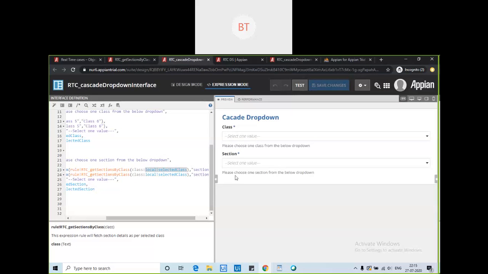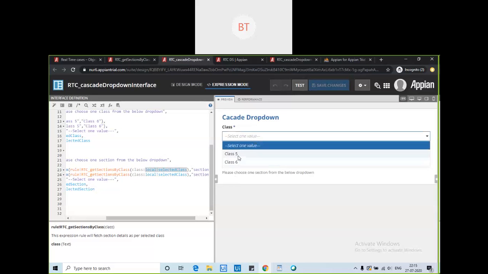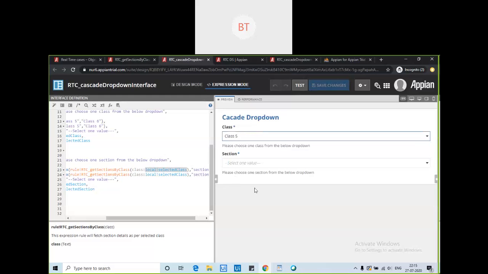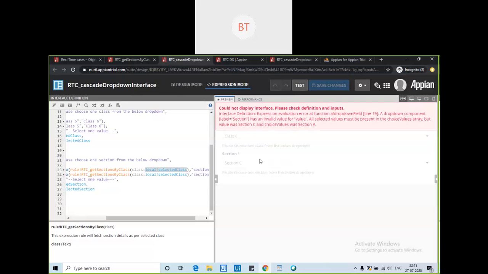Now the next issue, of the same type. If here I choose class 5 and section C, and then go back and choose class 6, it will show an error, because section C is not part of class 6 as per our table design.